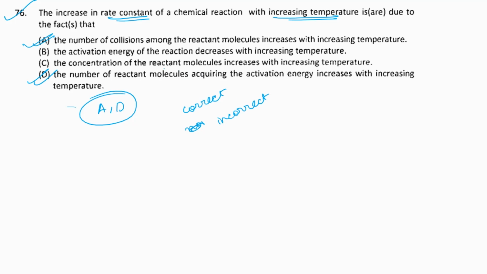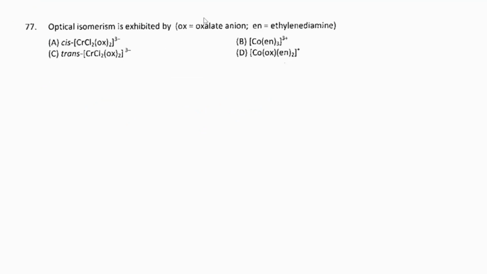You might know the answer, but the question has said to mark the incorrect one, and you have marked the correct one, and you will just get a negative for no reason. Okay. Now, in this question, I need to say which of the following compounds, there may be more than one, exhibit optical isomerism. In order to show optical isomerism, the one rule which has to be followed is that there should not be any plane of symmetry in that compound.